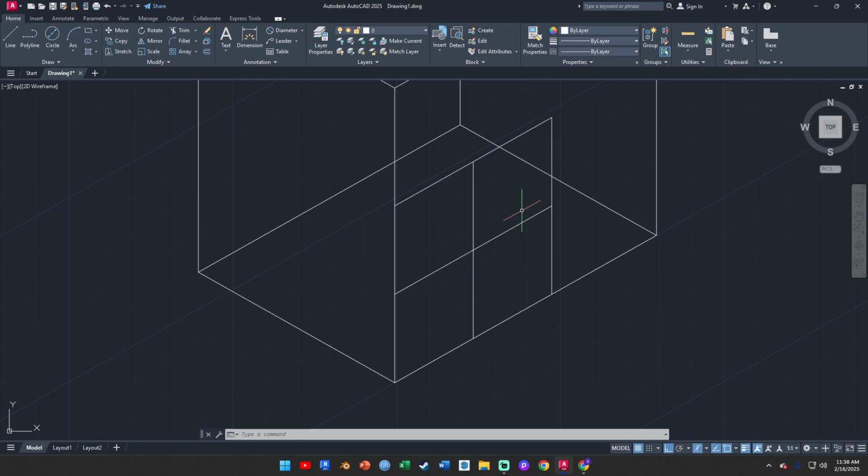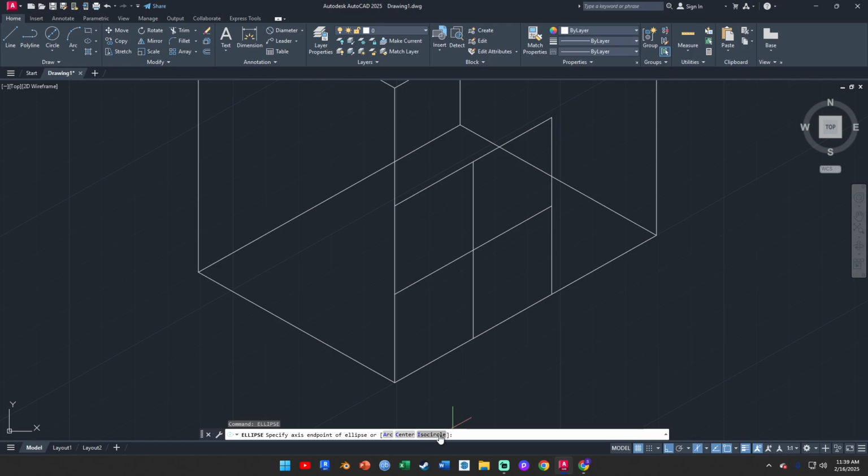Now, in order to do that, you need to type in a command. So you type in the word ellipse, E-L-L-I-P-S-E, right? Sorry, no, not ellipse. My mistake. You type in the word isocircle. My bad. You type in ellipse first. So that's the command that you're typing in, ellipse. Make sure that you spell it correctly as well. You press enter,